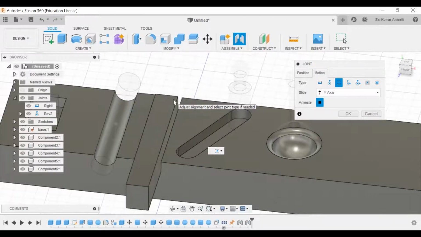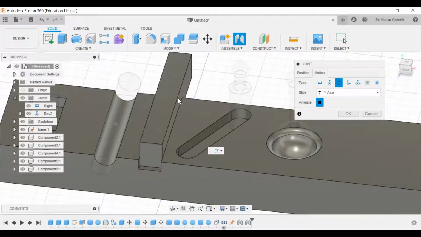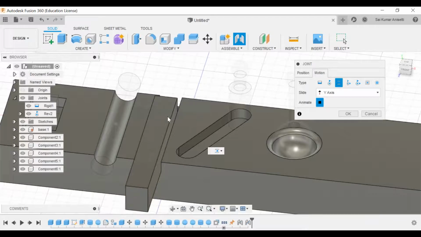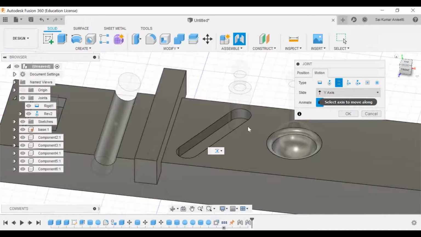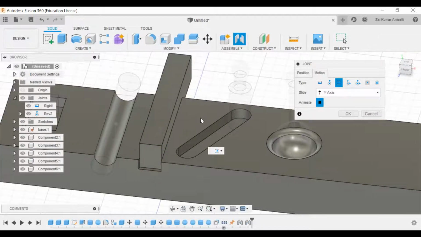What is the difference between a component and a body? For your body, this might be your coordinate system. For a component, it has its own coordinate system. For that one, this is the Y-axis. Don't blindly look at your universal coordinate system and give Z-axis. With respect to this body, it is the Y-axis. Sliding motion will be around the Y-axis.